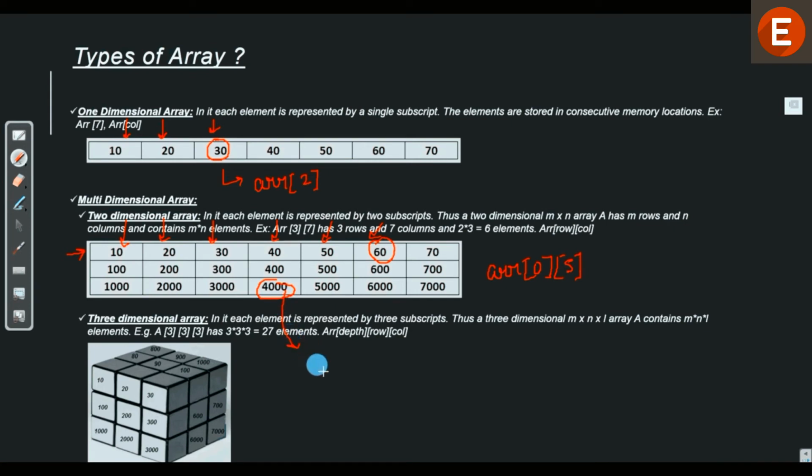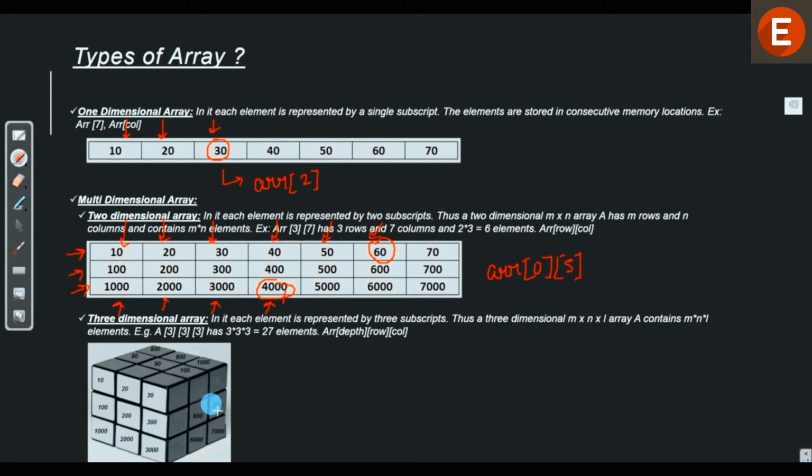We'll say ARR, which is the array name, row number is 0, 1, 2, so we put 2 over here, and column number is 0, 1, 2, 3, so we put 3 over here. It's as simple as that. We first put the row number and then we put the column number.